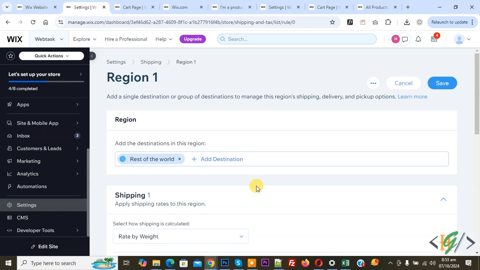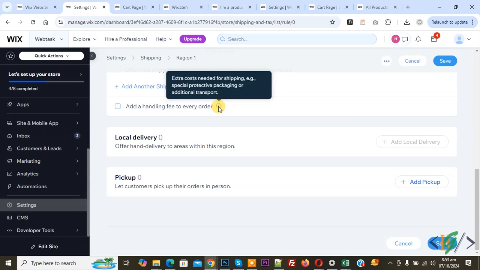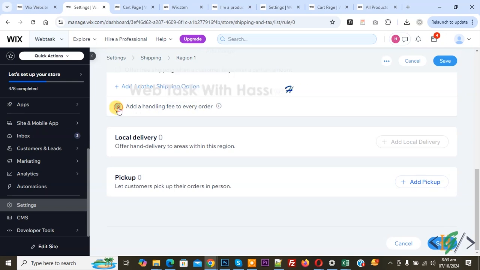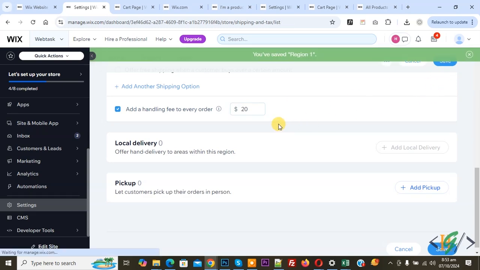Now open and then scroll down. Now you see add a handling fee to every order. Extra cost needed for shipping, for example special protective packaging or additional transport. So enable this option, so it's up to you. So we are going to add some price, $20, and then click on save and then you see you have